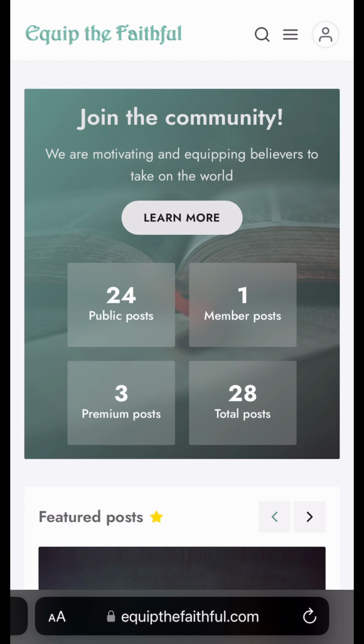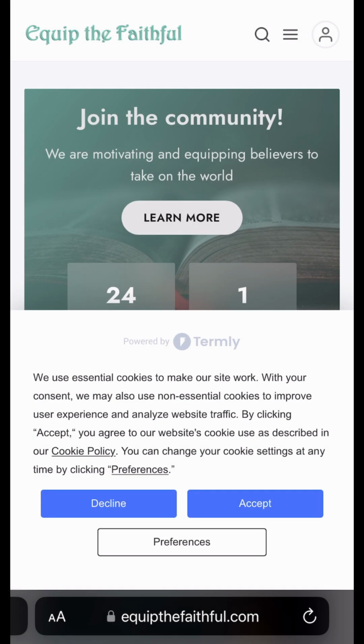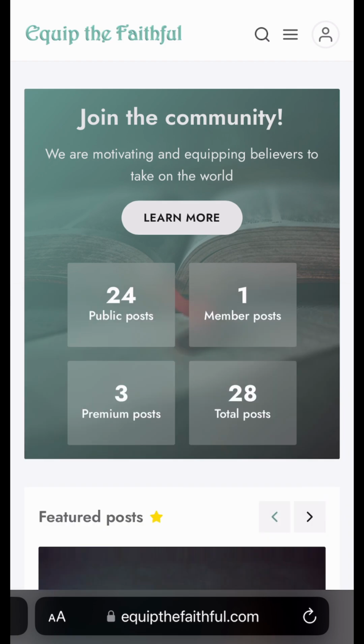The first thing you see when the website loads for the first time is the cookie selection menu. I highly recommend that you tap Accept when prompted. Rest assured, we do not store or track your information for any purpose other than for basic site functionality. Some third-party cookies are required for integration with our payment processor and with YouTube. If you decline cookies, videos embedded in our posts will not be available to you.